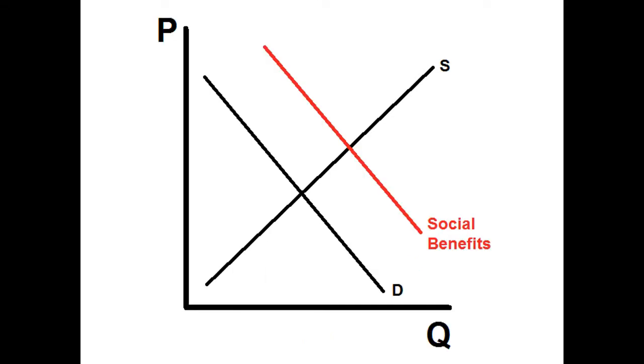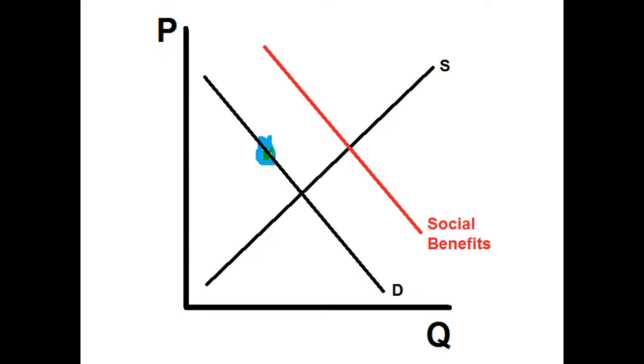Then we can move to the positive externalities, and you see the same analysis here. The private supply and demand leads us to the market outcome equilibrium, where the supply curve crosses the demand curve. But the optimal amount for society's production would be where the demand social benefits curve crosses with the supply curve. Right? And what this is basically just saying is that same kind of argument here. We pick a given quantity. And so say we're at some quantity here,